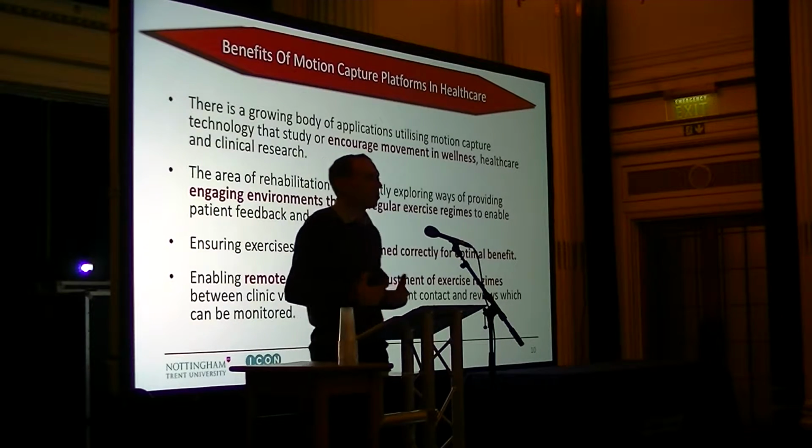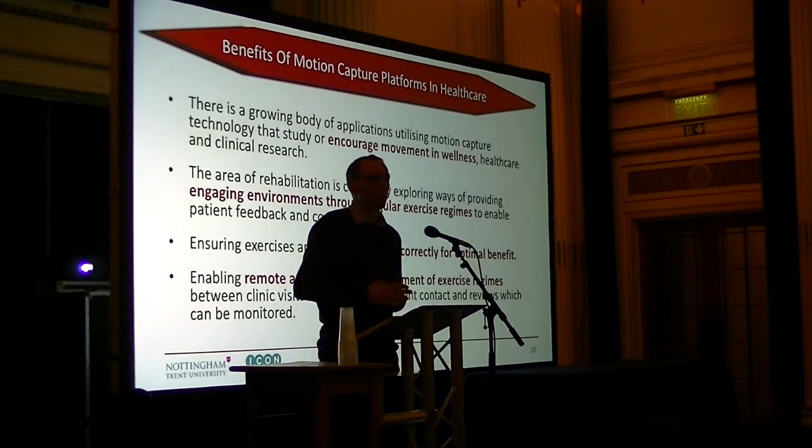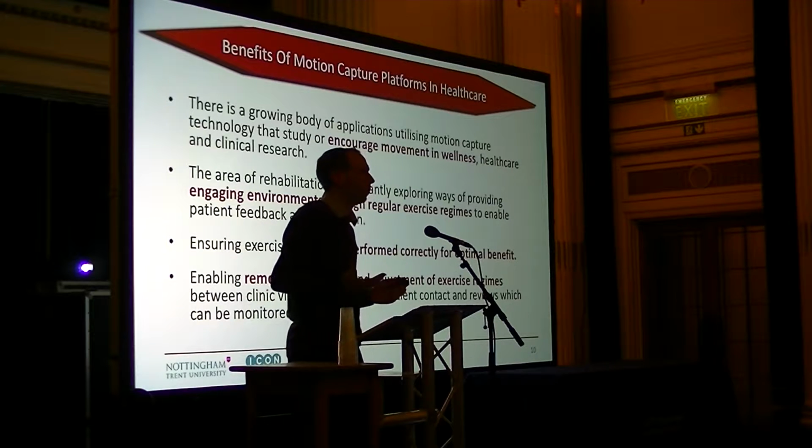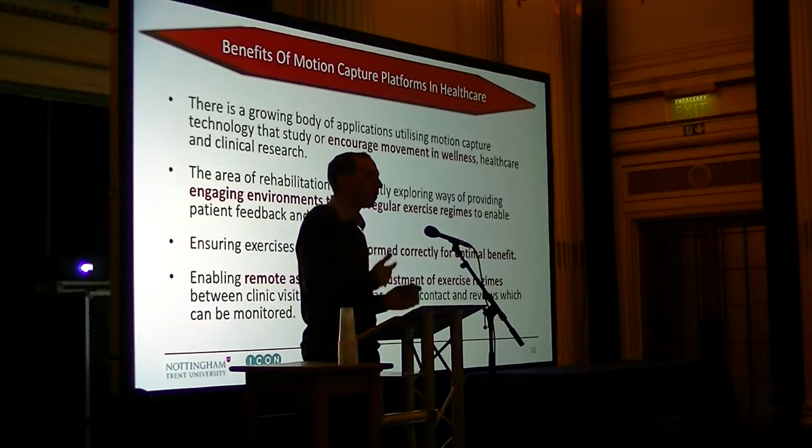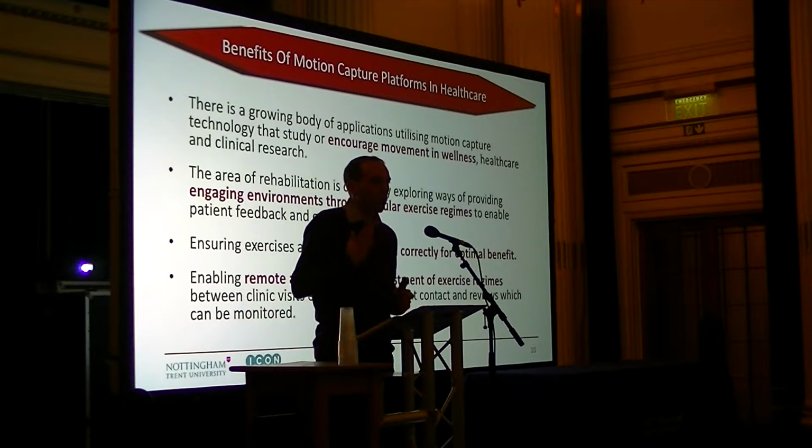So what are the benefits of motion capture platforms? Well, actually, there are huge amounts of benefits, and it mainly comes down to how we manage these motion capture platforms and the facilities that they're run within. So again, going back to rehabilitation, a rehabilitation platform allows us to track a numerous number of exercises, and